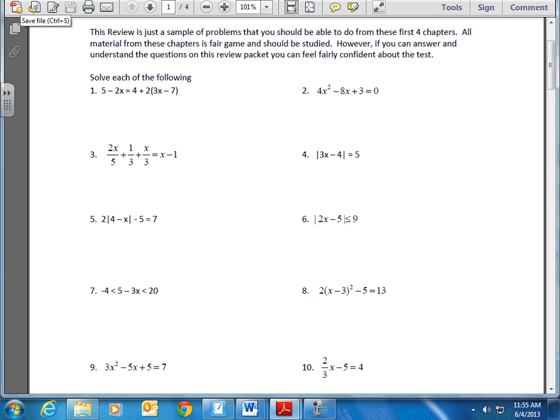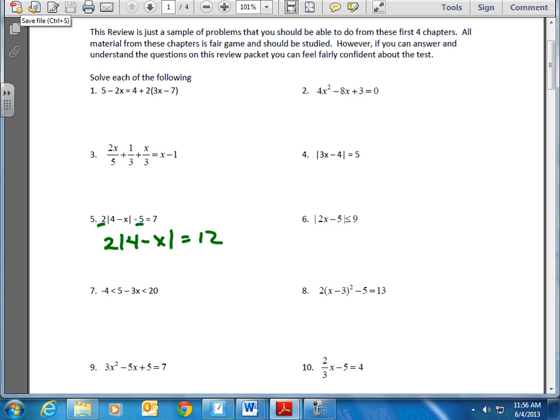Well, I have this 2 and I have this 5 I have to get rid of. So treat it just like any other linear equation. I have to get rid of the plus and the minus first before I get rid of multiplication and division, right? If this said 2x minus 5 equals 7, my first step is to deal with the 5, not the 2. Same concept. So add 5 to both sides,